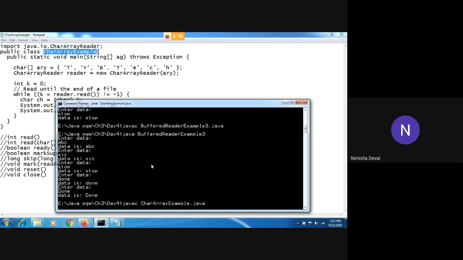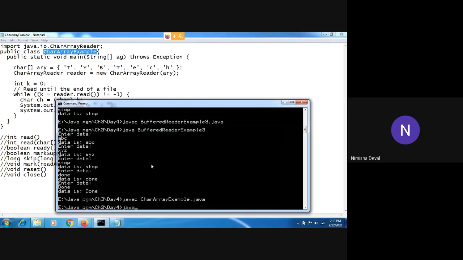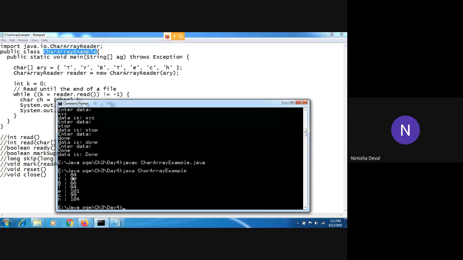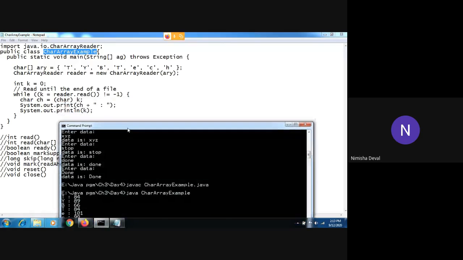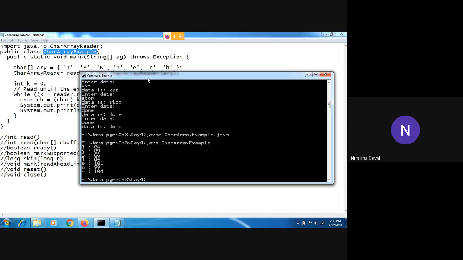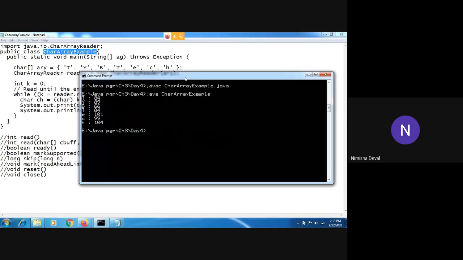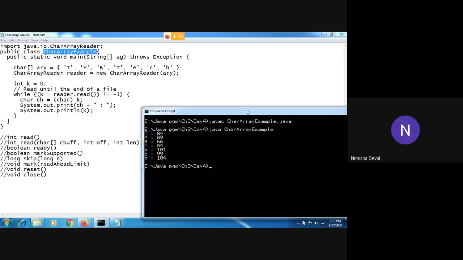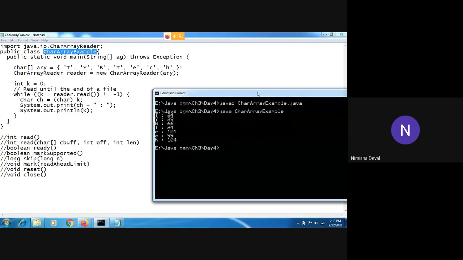Character array example. You can see here, along with its character, its ASCII value is also printed in front of that character, because we have written it like this. That's why this process is done. If you want to take its screenshot, you can take it. I will minimize it like this so it will be very easy.